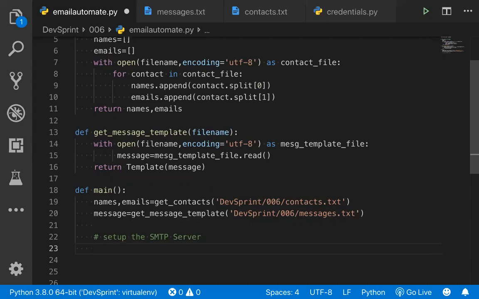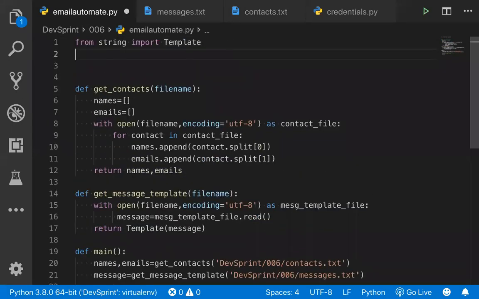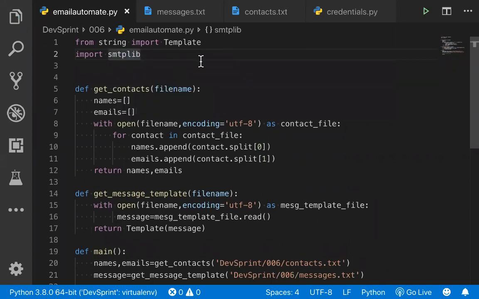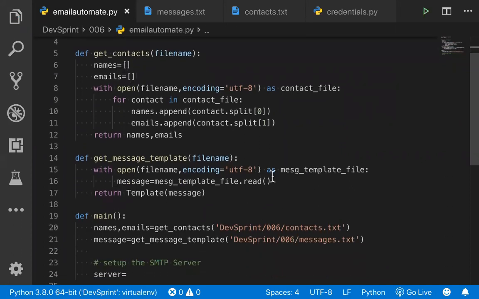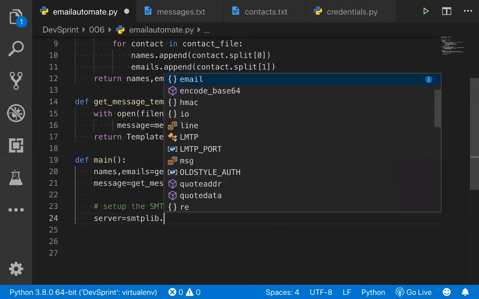Okay. Now I'm creating something called server is equal to, I need to use something called smtplib. Okay. smtplib is by default there in your Python itself. So we can use this SMTP. I'm writing the spelling wrong here. Yeah, so smtplib. You are going to use this smtplib to get the server configuration. So I'm using smtplib dot here server configuration.